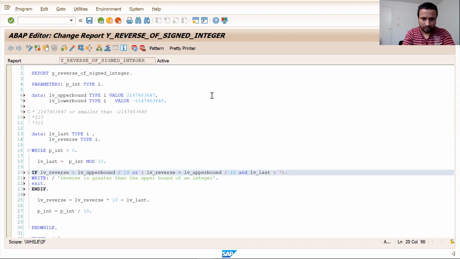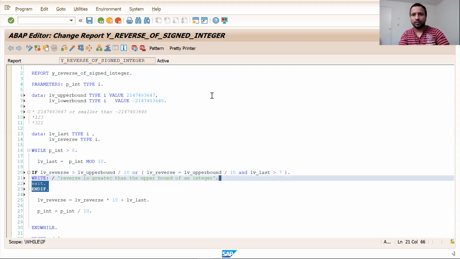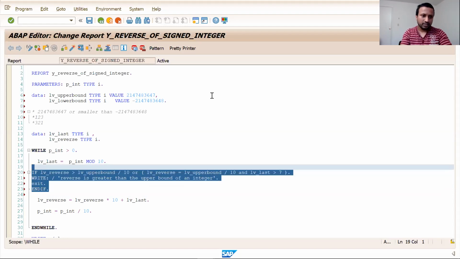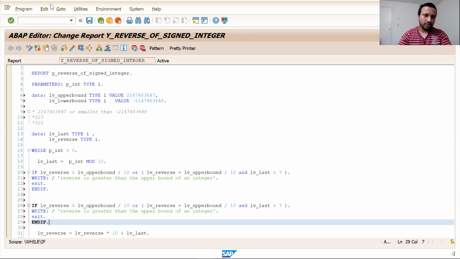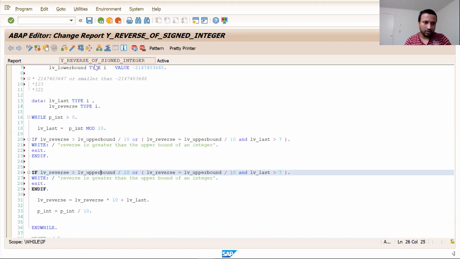So now we have covered the upper bound, and what we need to do is cover the lower bound. Just copy the same and paste it here, and take the lower bound.